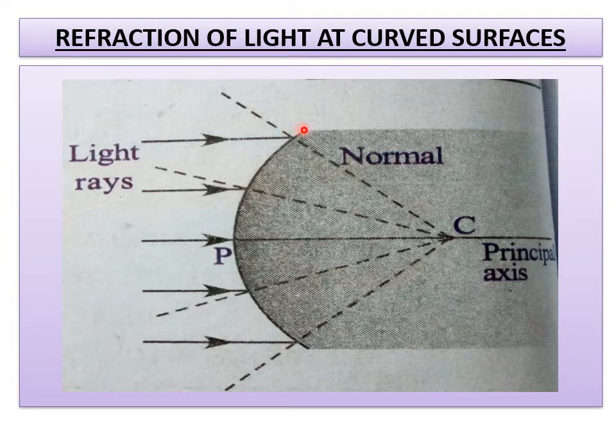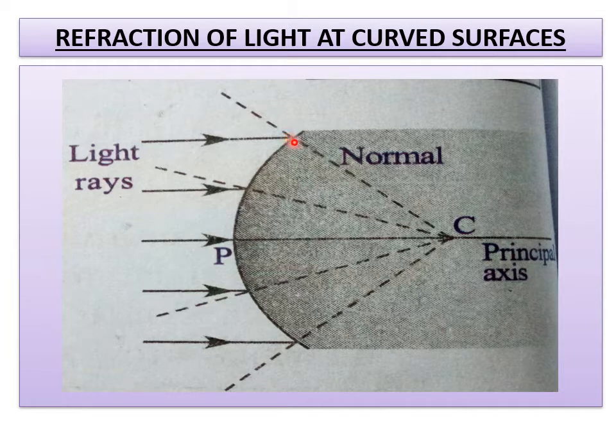So in this, you have to see this is your curved surface. You have to imagine this is your denser medium and this is your rarer medium. And you have to recollect the normals, which I told about in the ninth class lesson when we were discussing concave and convex mirrors. Normals are nothing but the perpendiculars drawn to the curved surface. In the ninth standard, I told you that whenever you have to draw the normal, you have to use broken lines.